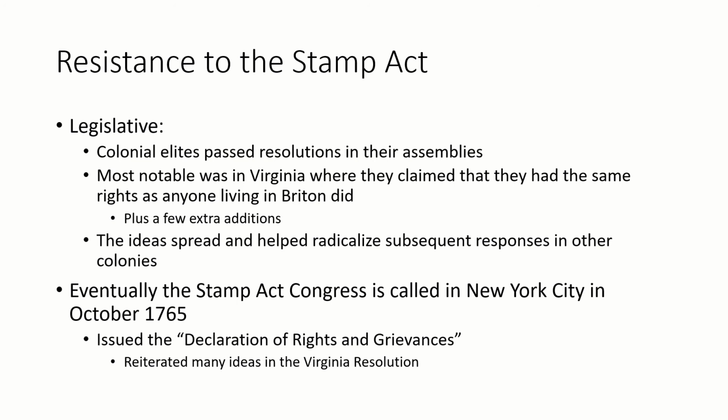Nine colonies sent delegates, including Ben Franklin, John Dickinson, Thomas Hutchinson, Philip Livingston, James Otis. And the Stamp Act Congress issues something called a Declaration of Rights and Grievances, which, like the Virginia Resolves, declared allegiance to the king and all due subordination to Parliament, but reasserted the idea that colonists were entitled to the same rights as Britons, which included trial by jury, which had already been taken away by the Sugar Act,